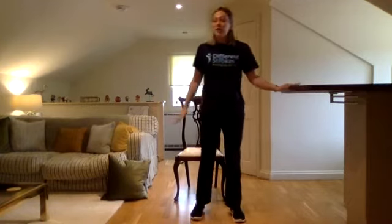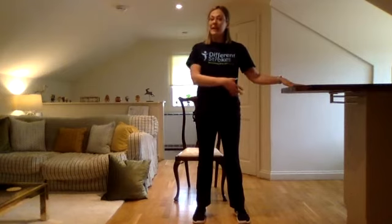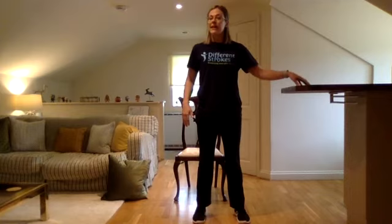Okay, the first one we're going to do is we're going to stand with our feet hip width apart, okay? So we're going to try and make sure the weight is going down evenly through both legs. Have your hand for support as needed, okay? If you want to make this a little bit harder, just think about lightening your hands on the side of your support, whatever you're using, okay? Because that will mean that you're using your leg muscles and your body muscles rather than your arm for support,